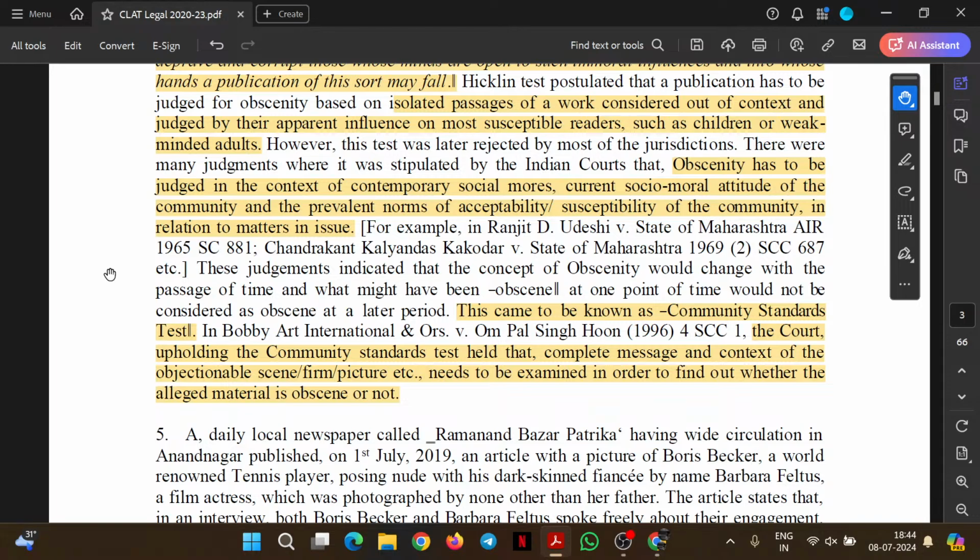The Hicklin test considers the entire objectionable material or the material in question in terms of isolation. There is no context that is taken into account or judged with the material in question, but rather the community standards test takes into account what is happening in the community, takes into account the entire context in what the questions applied and